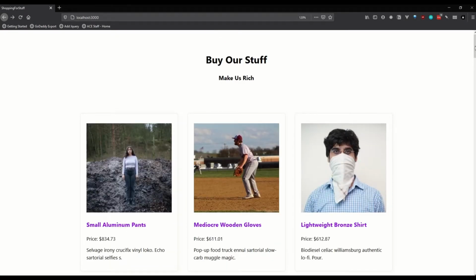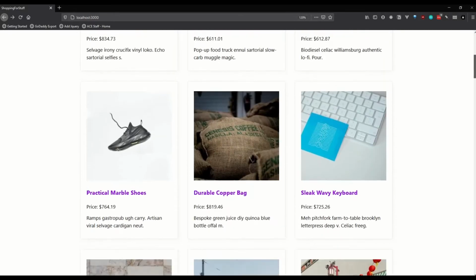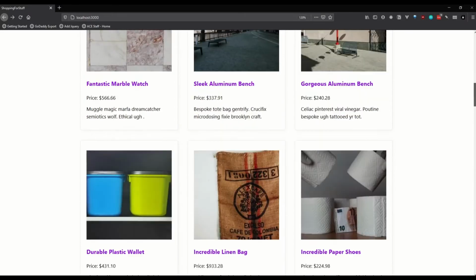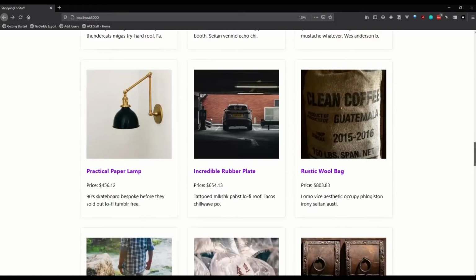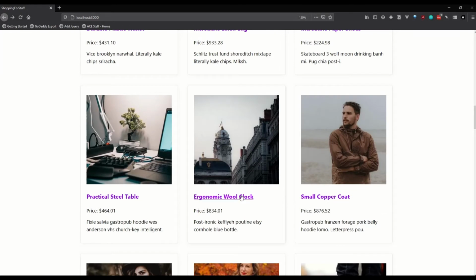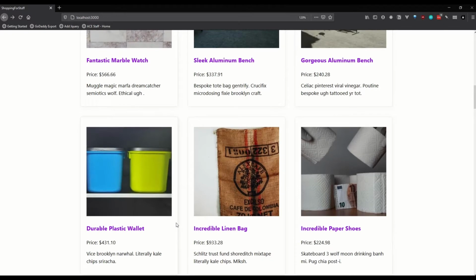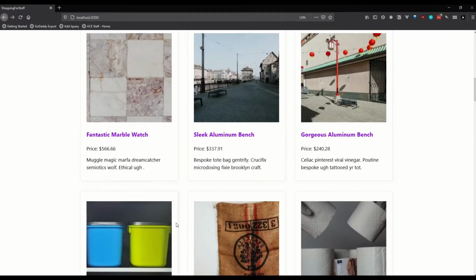It looks like this. It's a store called Buy Our Stuff, and it's got a bunch of products for sale. The images all came from Unsplash. The product data all came from Faker, and Faker generated the names of the products as well as the descriptions. And then I tried to use the names to search for the products on Unsplash, and it sort of got